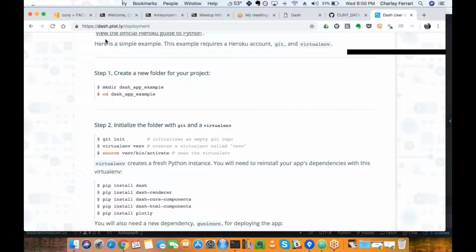also, this is just the way deployment with Python apps works. It's actually not just a Dash thing. Like if you're deploying a Flask app, it would work in a very similar way, where